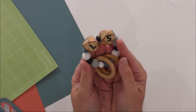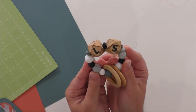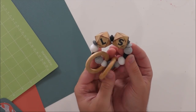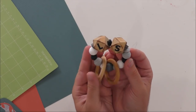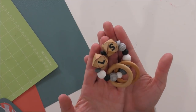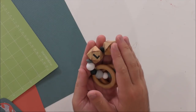But this right here is another project we'll be able to share very soon. Making your own teething rings. This is very fun, and I cannot believe that this is even a possibility. This is the ultimate DIY for a Pinterest mom. Yes, Pinterest mom. You're able to design your own teething rings, which are adorable, and we're able to use HTV and a new